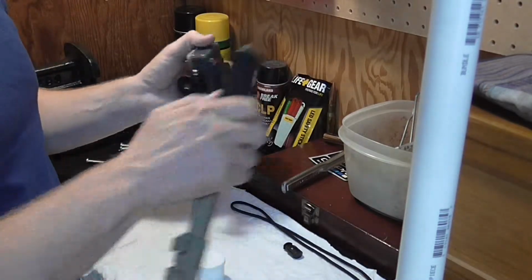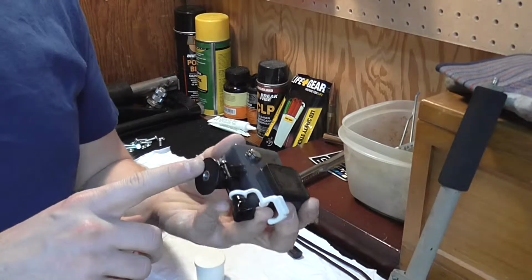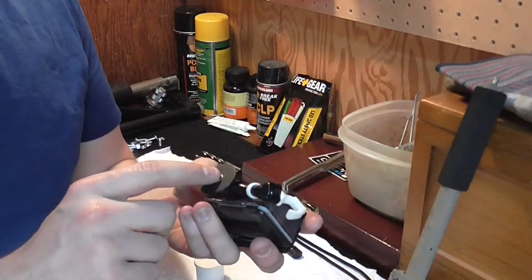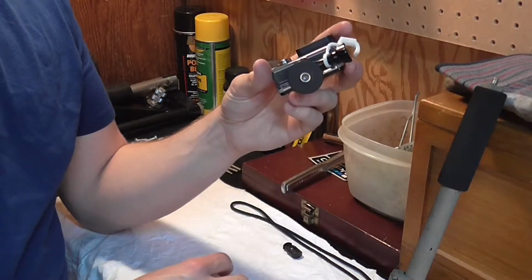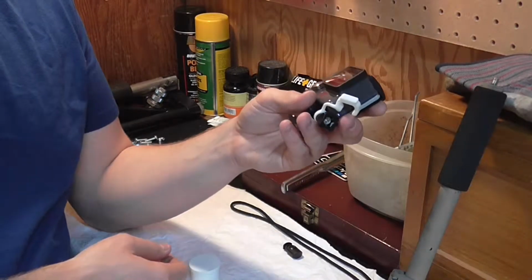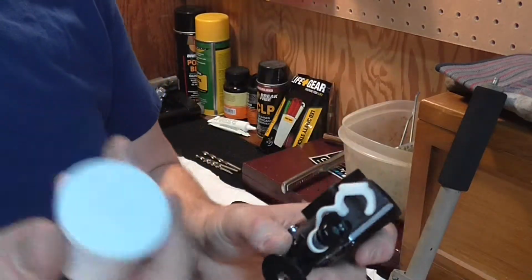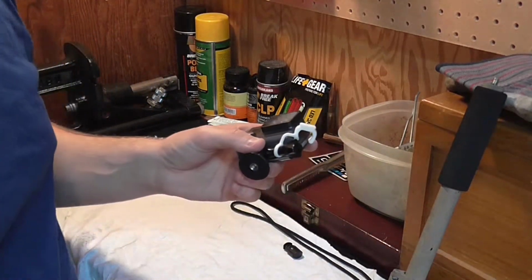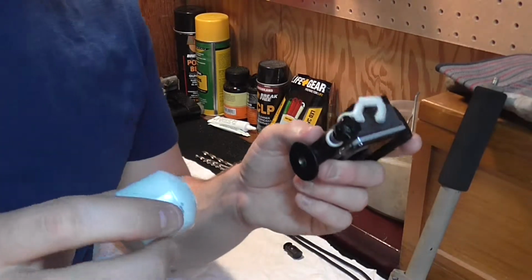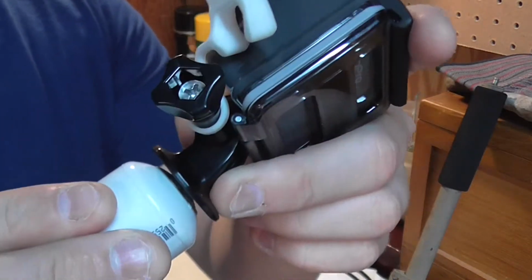This is a tripod mount, which you can get for GoPros. I actually picked this up at the same store for $5. This comes with this mount and a tripod mount, which is square, and obviously the other flush mounts for the GoPro. This will be going on here flush, and so that's why I got it for a plug instead of a cap, because the cap for the 3/4 inch PVC is actually round. They did not have a 3/4 inch cap that was square at my store, and so I didn't want to have that big old spot